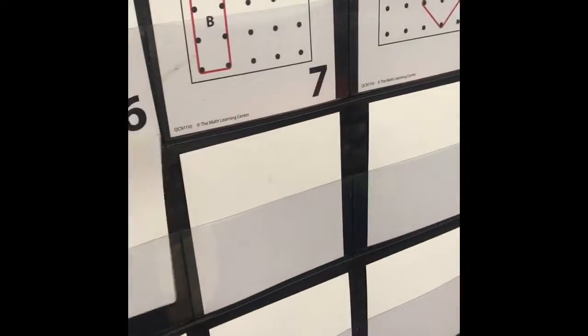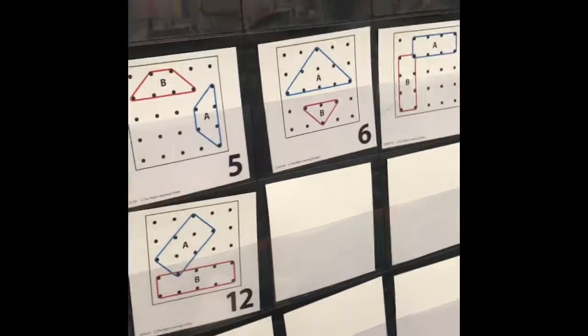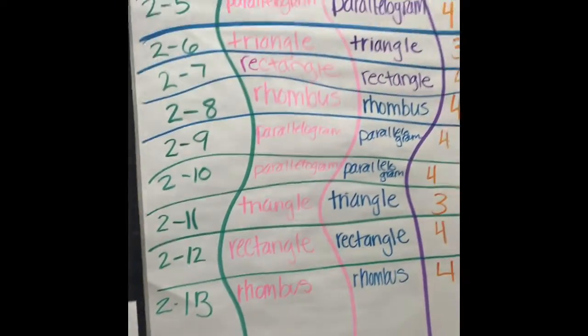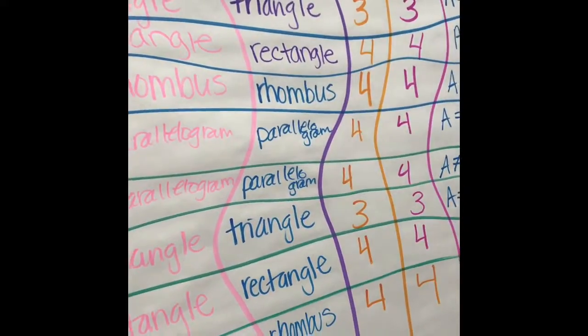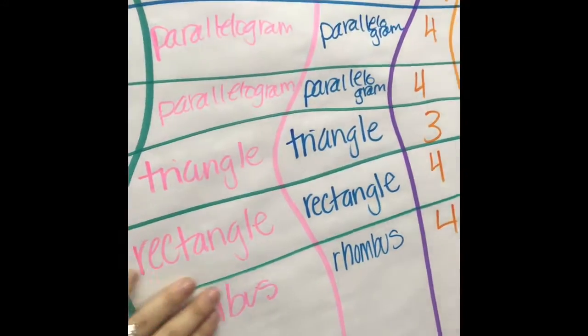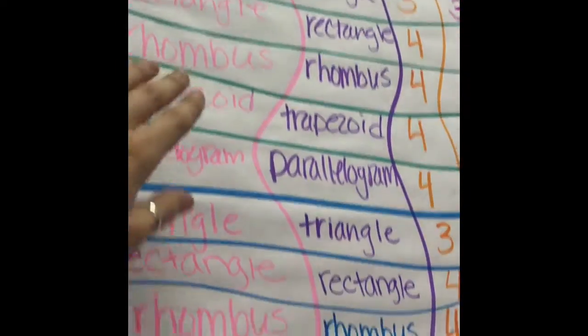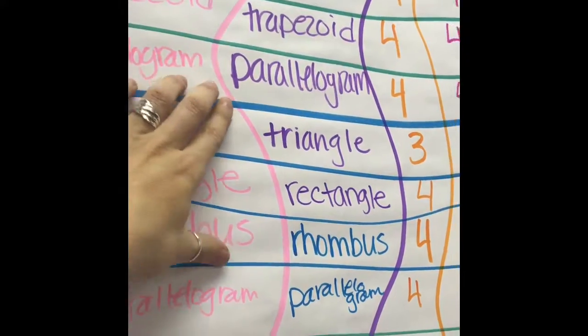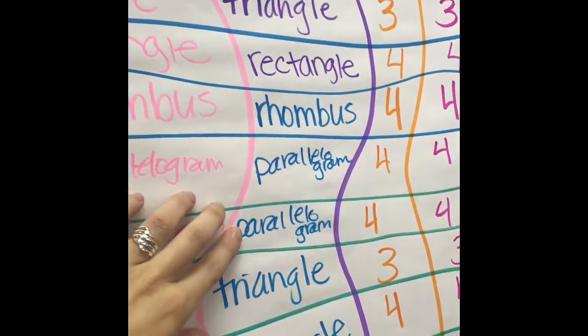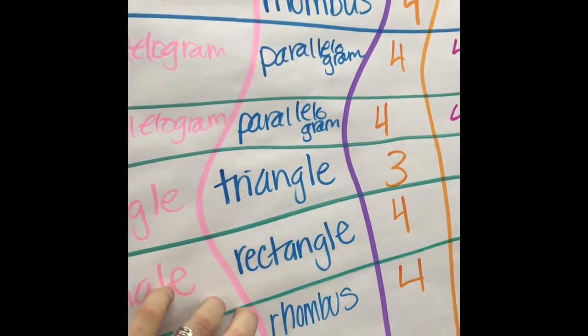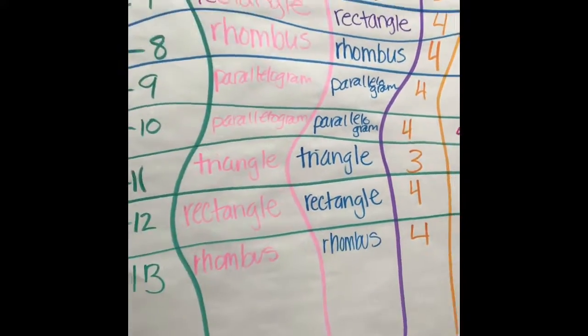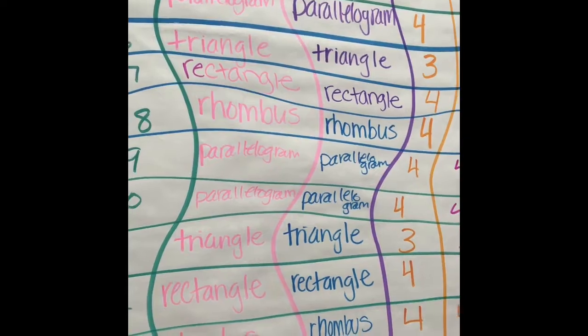So today, for example, we went over to the calendar and we looked at our calendar, and based on what we have had in the past, I asked them, hey, on this data sheet, what do you think is going to be the next shape? So this is today, so ignore that. But they each looked at a pattern, so it went triangle, rectangle, rhombus, trapezoid, parallelogram. Triangle, rectangle, rhombus, parallelogram, parallelogram, triangle. Rectangle, rhombus. Some of them said they didn't see a pattern, so they didn't know. So therefore, we moved on